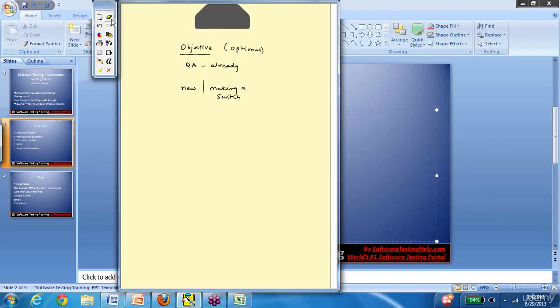Okay, so one such example statement could be: objective is to exercise my potential and apply the software testing knowledge that I gained.